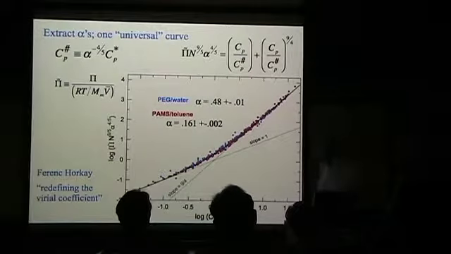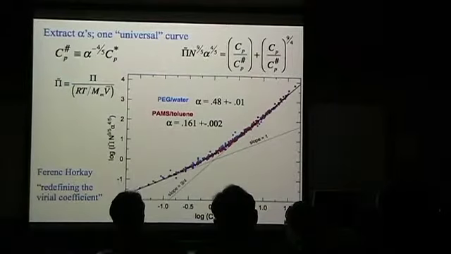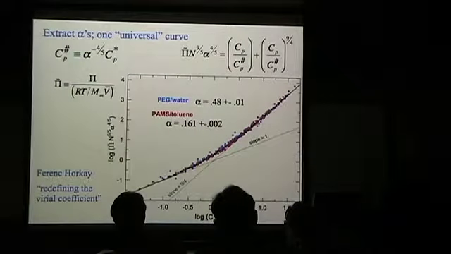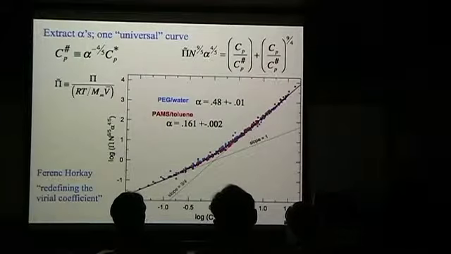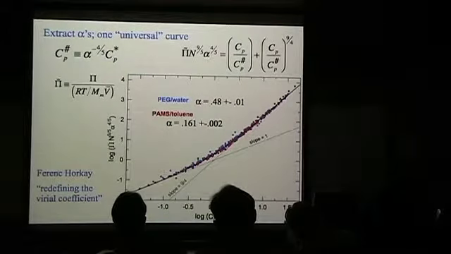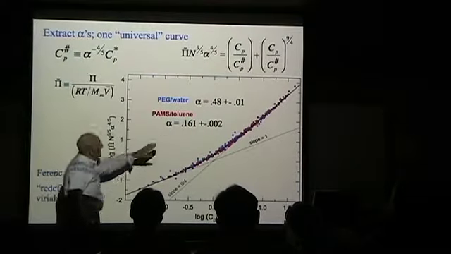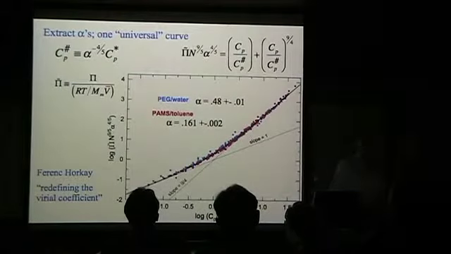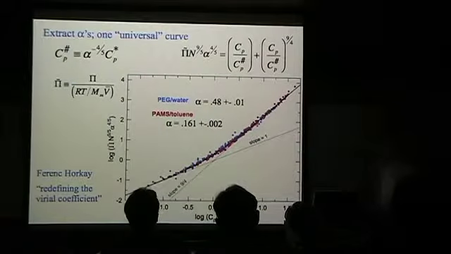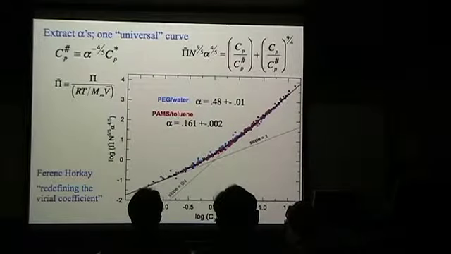So the role of parameter alpha here is just to make the transition from the van 't Hoff dilute limit to the semidilute limit smooth? Basically, yes. It's simply saying that if I linearly combine them, I have to have a combination. And these are the two fitting parameters for the two different polymers. I don't think there's much intellectual weight in those things. It's just a number thing.